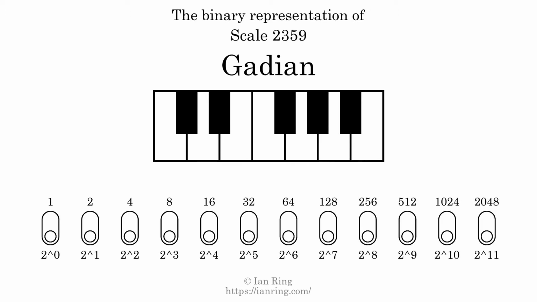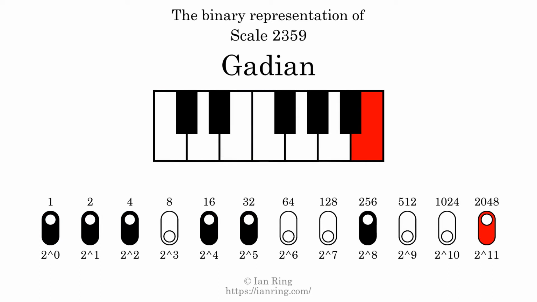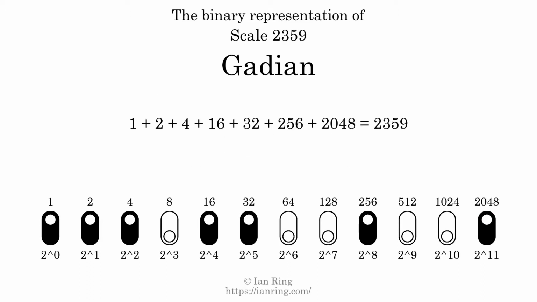The binary representation of this scale is determined by mapping tones of the scale to binary digits. Each binary digit represents a power of 2. To get the scale number, we add the powers of 2 together. The powers of 2 that are present in the scale, all added together, equals 2359. That is why the scale number, in decimal, is